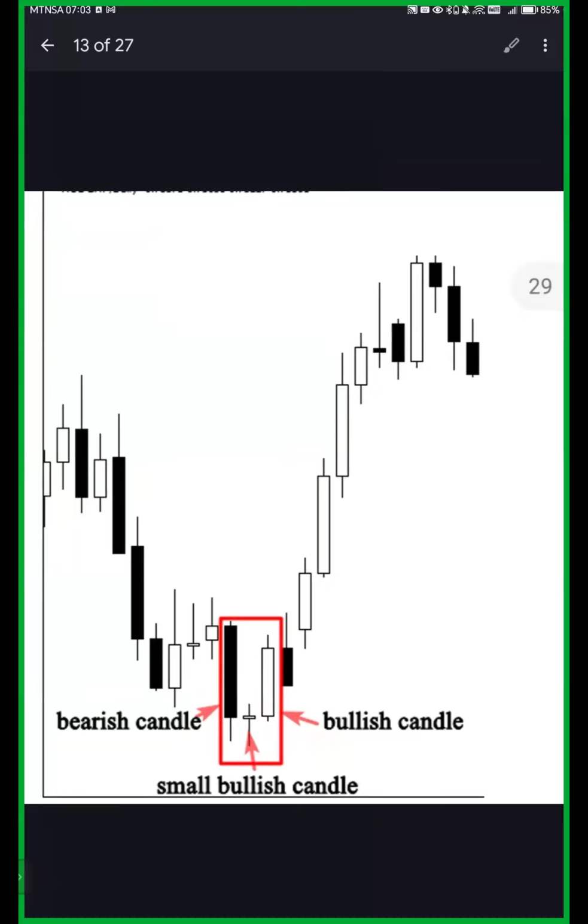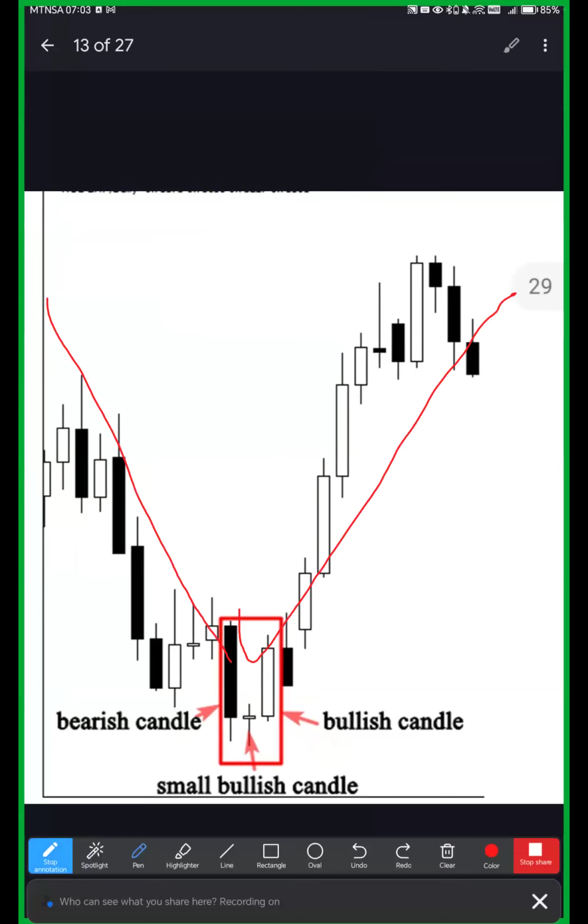That's why I was saying that the small candle, or the middle candle, sometimes may be in the form of a doji. So you can see the formation over here. When this happened, we saw the market showing which direction it is going to go. Yes, sometimes it may not happen immediately. You are going to see another, probably red, candle. Then wait and see afterwards. You will see that the market now has prepared itself to take that direction.